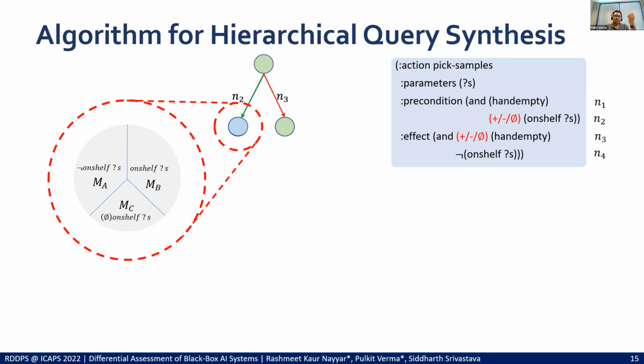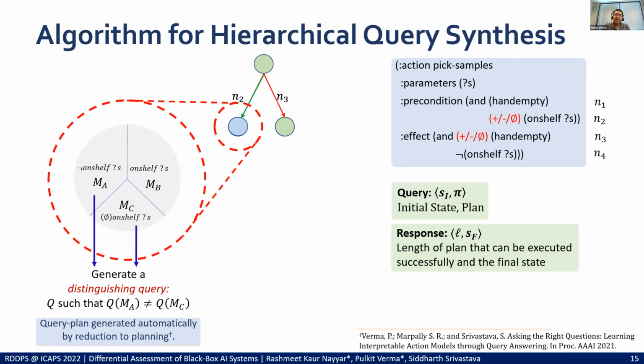We then pick two of these models at a time and generate a distinguishing query. We do this using one of our previous works from ICAPS'21 called AIA. Here, by a query we mean a pair of an initial state and a plan. And asking this query to an agent means asking what will happen if the plan is executed by the agent